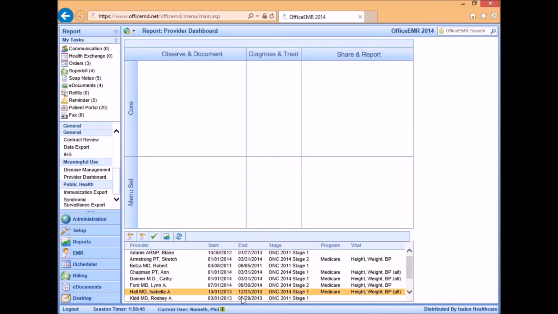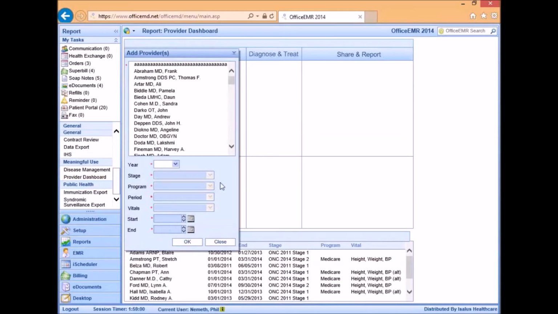As you can see, we've already got quite a few different providers that have been added to our dashboard. But just to walk everybody through the process of adding yourself or adding a new provider to the dashboard, I'll walk you through that now. When you're ready to add a new provider, all you need to do is first come over here and click on your new or add provider button. Click on that once, and then in the window that pops up on the screen,